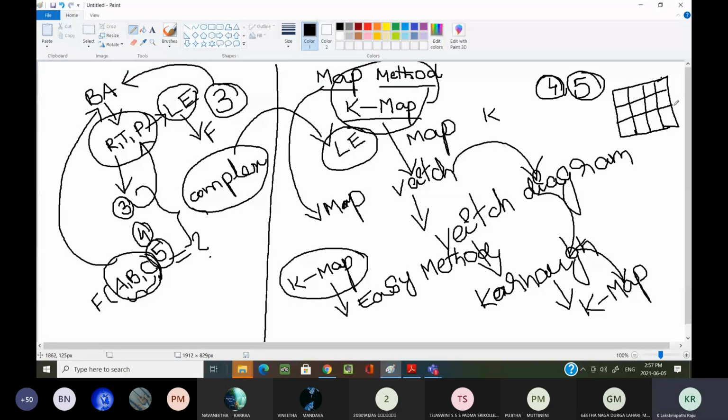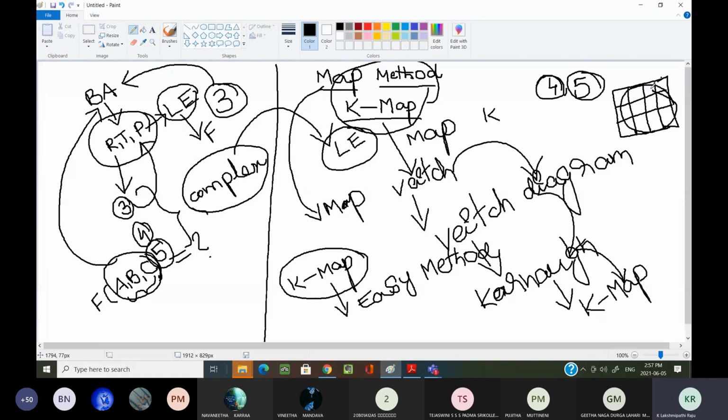By using the diagrams, you can clearly understand what is happening, how you are reducing the variables. You can clearly understand by seeing the map how you are simplifying the logical expressions. Okay, these are the advantages. The first advantage is no need to remember any theorems or postulates or any rules that we have learned in our Boolean algebra. The second advantage is ease.